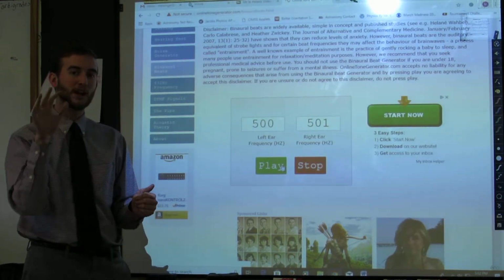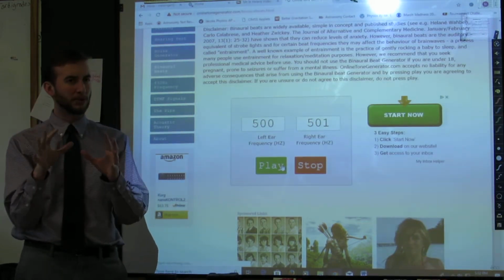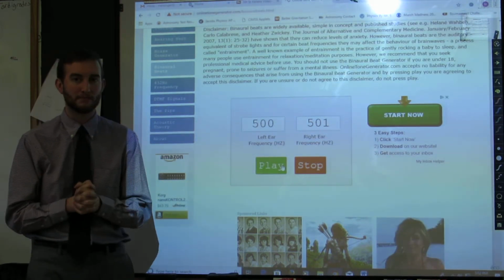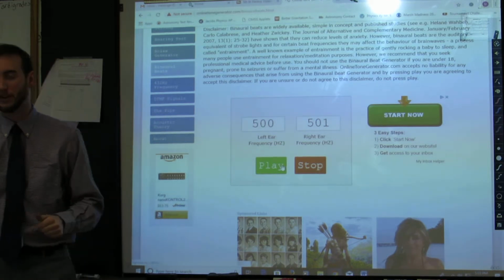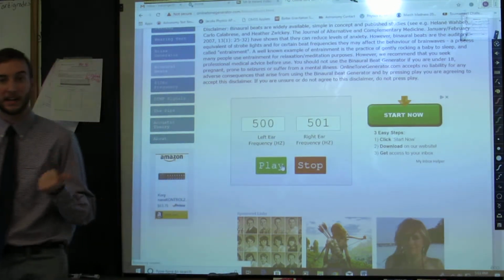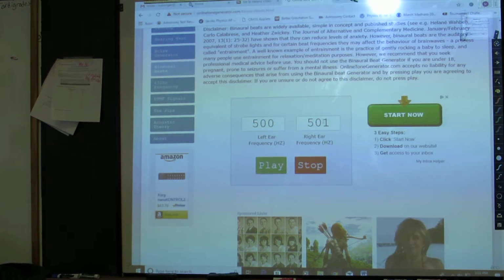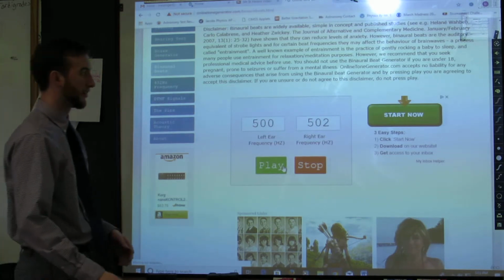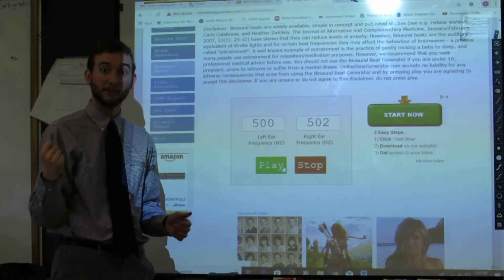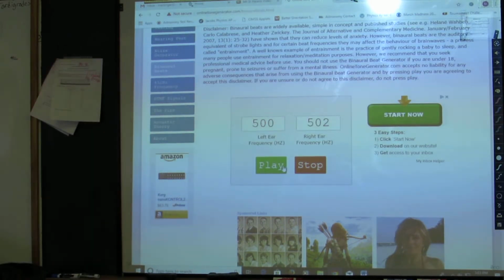You can hear the sound kind of go in and out. You can hear a spot where it's a little quieter, a spot where it's a little louder. That is called a beat. The reason that there is a beat here is because of this slightly different frequency. I can increase the number of beats per second by widening these even farther. You can hear it pulsing a little bit more now. If I go up to, let's do 503.